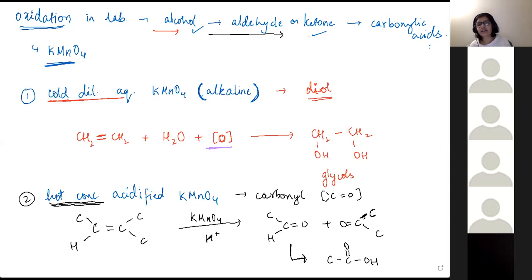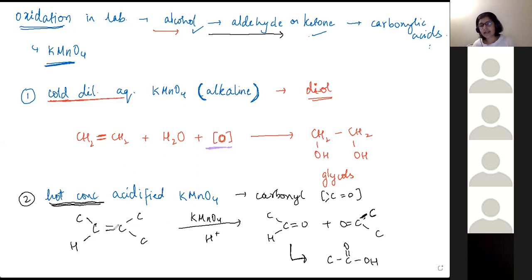And if at all any oxidation is required, in real life, practically speaking, alkaline KMnO4 is the one that's usually used. Acidified KMnO4, in a different textbook, I've read it as devastatingly oxidizing. So it just oxidizes. It's a really strong oxidizing agent. Okay. So if you have to predict the products, right? Easy way to do it is wherever the double bond is.